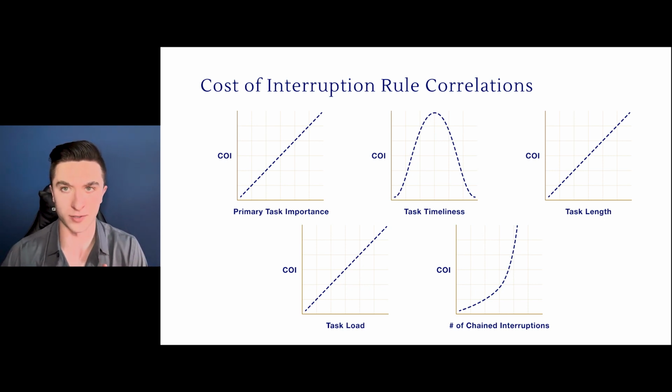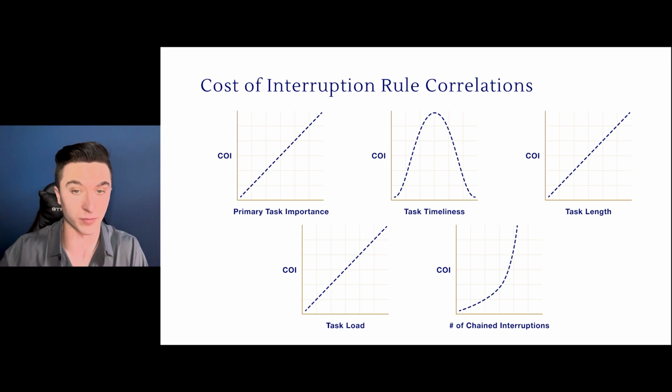As the amount of pause time increases, the amount of time that we are spending in between being interrupted and getting back to the primary task, the cost of interruption is going to increase also. The rule of interruption load proposes a positive relationship between total cognitive load and the cost of interruption. This graph can be used to judge the severity of the effective cognitive load with the primary task on one axis and the interrupting task on another, with both tasks ranging from low to high mental effort. So the farther up and to the right that we can plot a point on this graph,